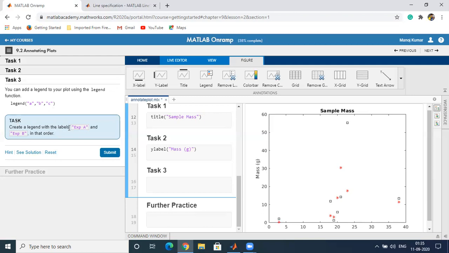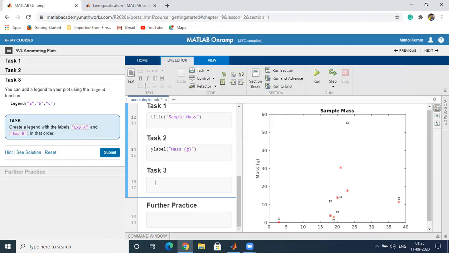Create a legend with the labels EXPA and EXPB in that order. So to get the same order, we will type legend